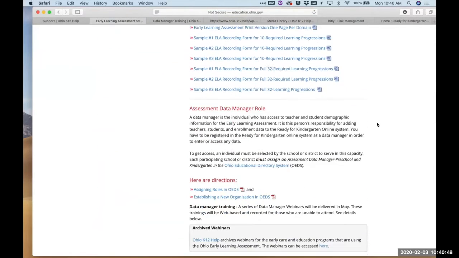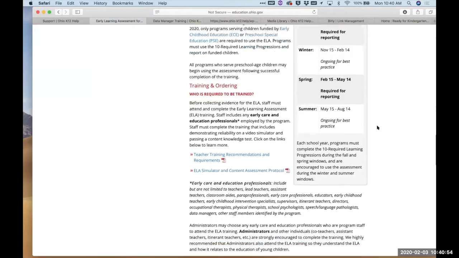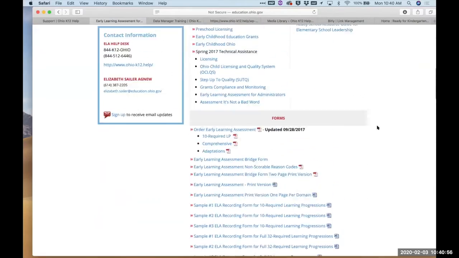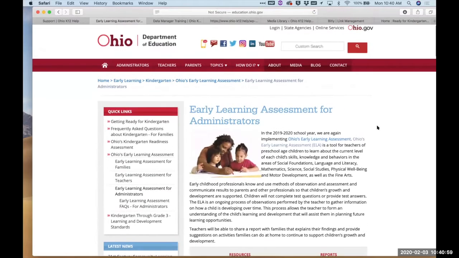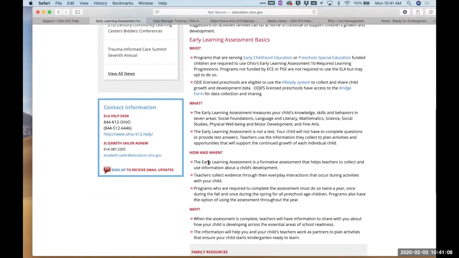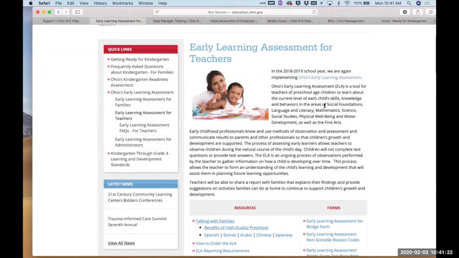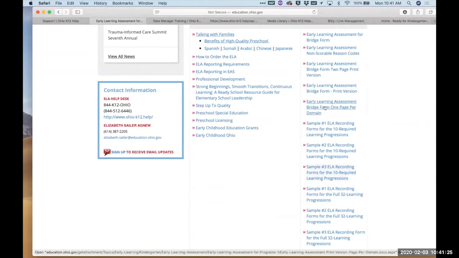And again, if you have not done so, I highly encourage you to do so after this session, to take a look at the information that's there and to pull down those resources that are pertinent to the work that you're doing. Again, I mentioned additional resources for families, wonderful pieces of information here on understanding the basics of the assessment and what it's about. So this is a great place for that, and information for teachers as well. Resources on training, information about how to connect with their SSTs and other providers for professional development. So again, want to make sure that you're aware of that.